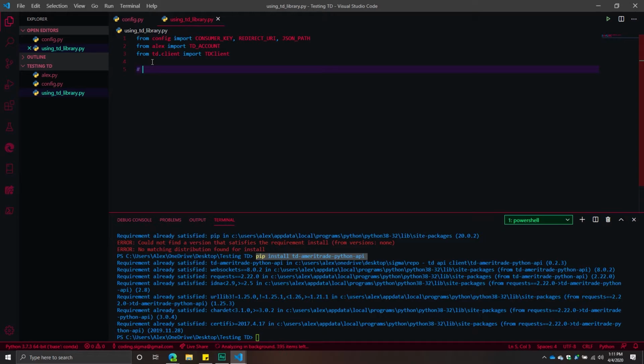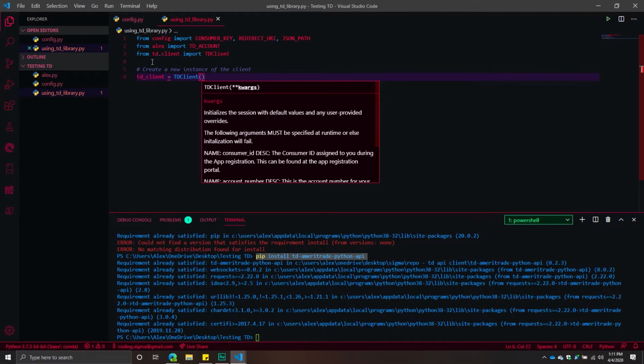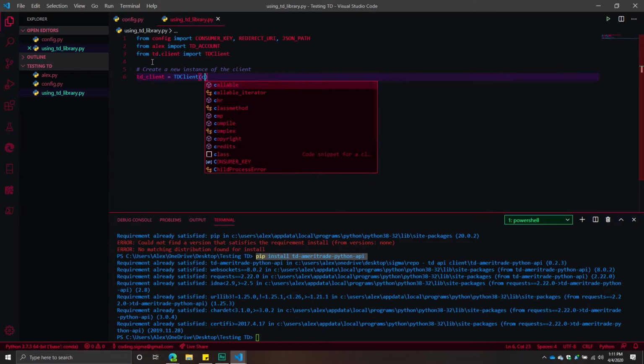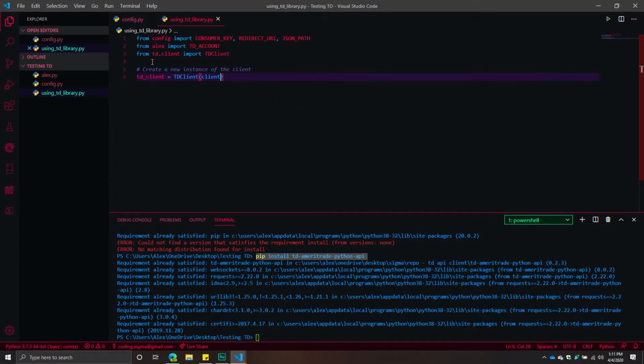From here, we need to create a new instance of the client. So what we do is when we create this new instance, it will create a new instance of that object that we can then create a session with and do different things like logging in and then starting to make requests. So we're going to create a new instance of that TDClient, and we're going to have our client ID,